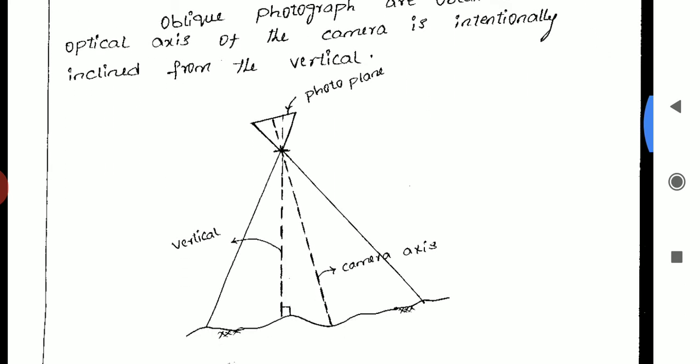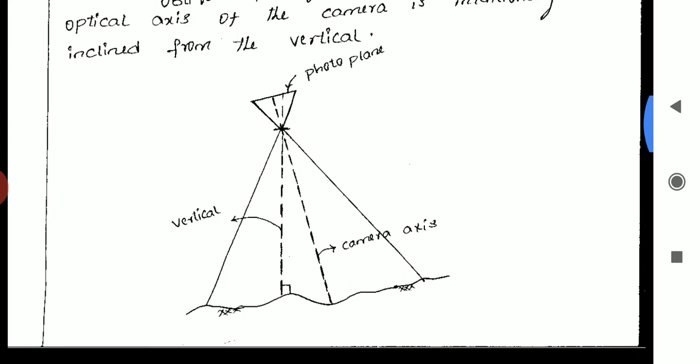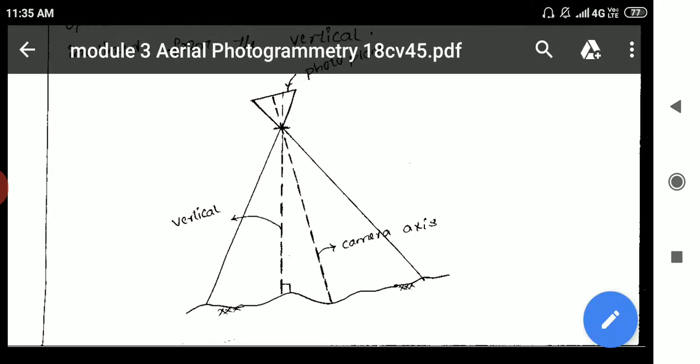In these cases, see here, this is a camera axis and this camera axis is nearly tilted. Okay, so nearly tilted,